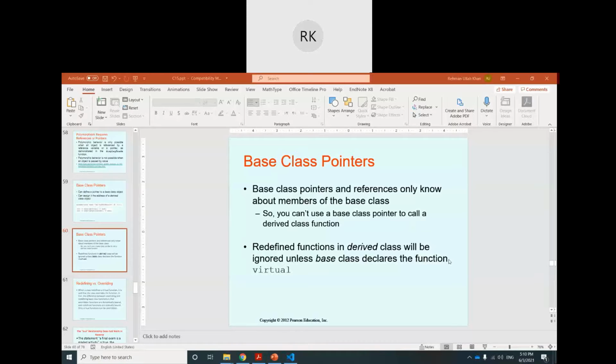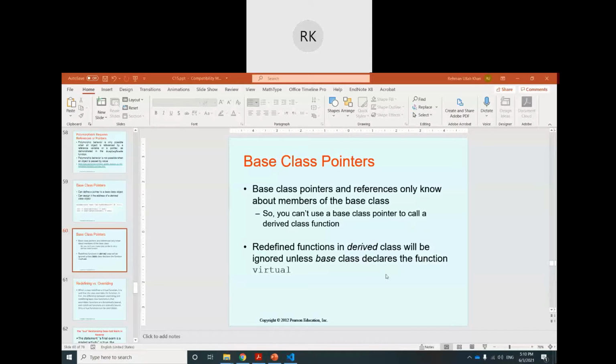Another condition was that the function playing the main role as a polymorphic function will have the argument as a reference or pointer to the base class. If we fulfill these two conditions, then we can have polymorphism.